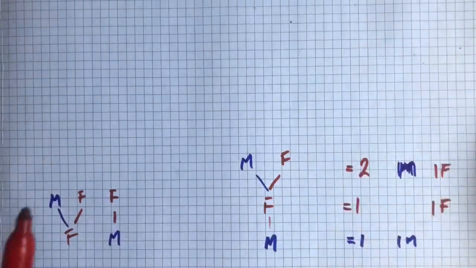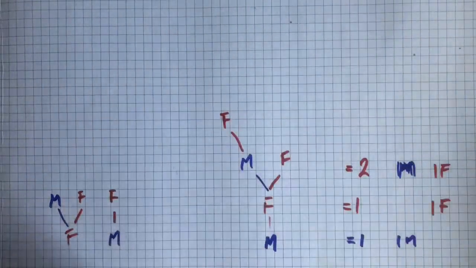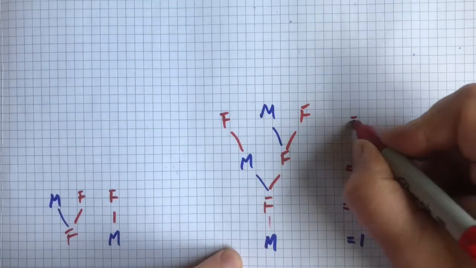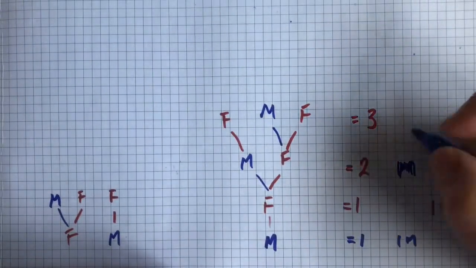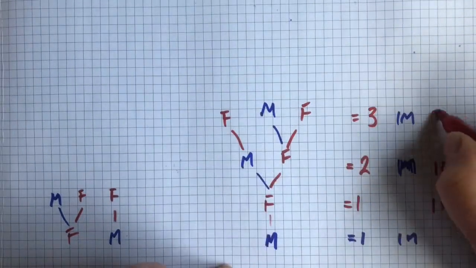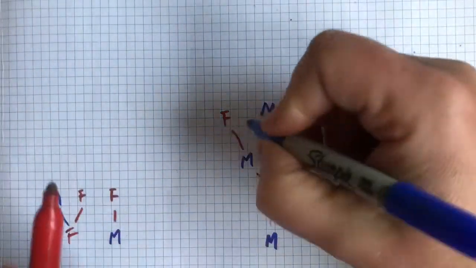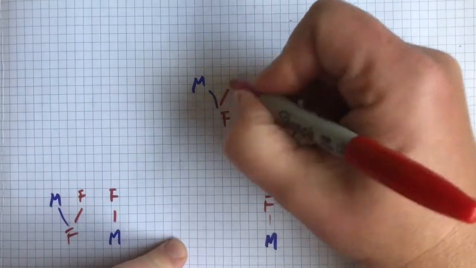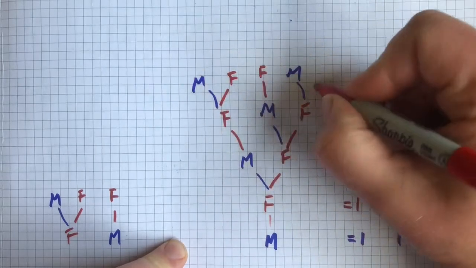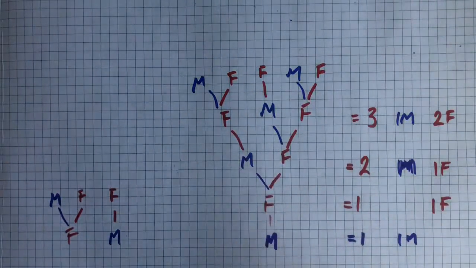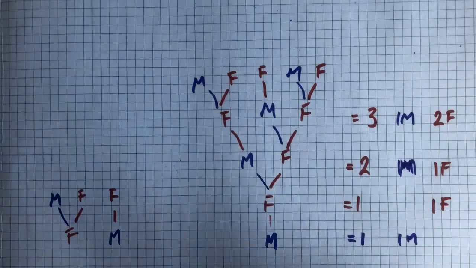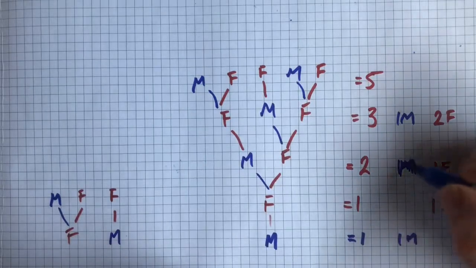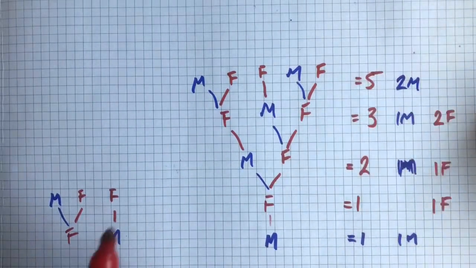Now, if we continue this, okay, we have a female here. We're going to have a male and a female here. So we're going to have 3 in this generation, 1 male and 2 females. In this generation, we're going to have a male here. We'll also have a male here, but every one of these will have a female parent. There's always a female parent. That's really important. Okay, so in this generation, we now have 5, which is made up of 2 males and